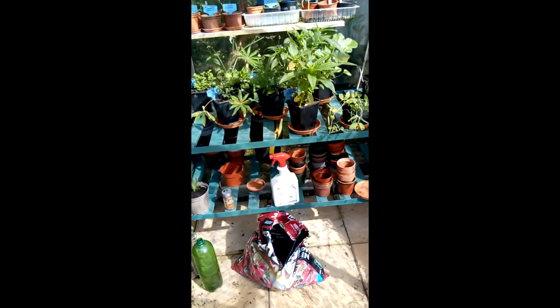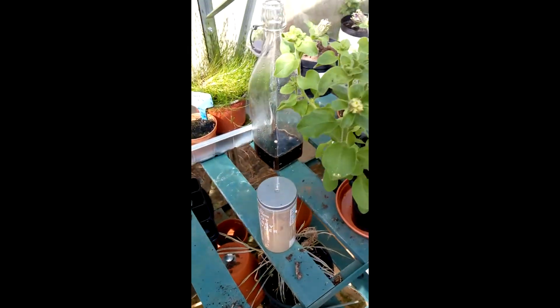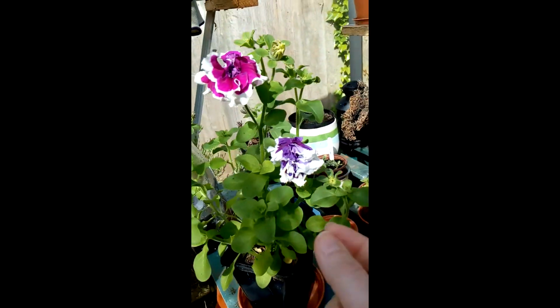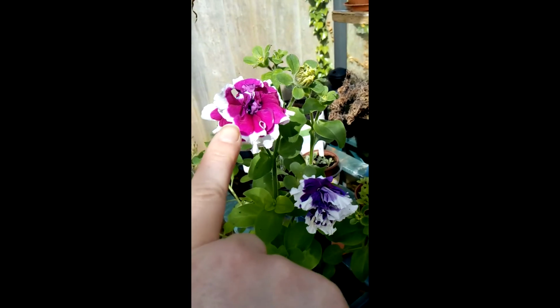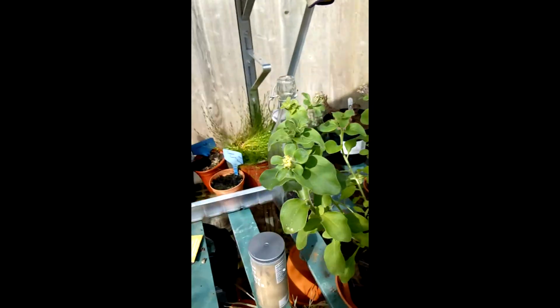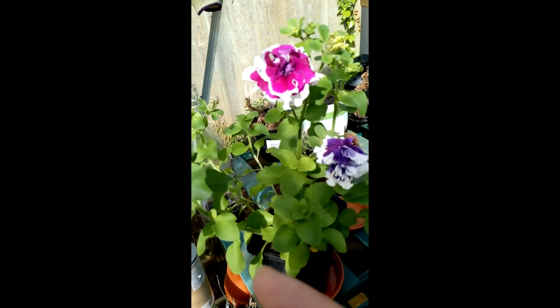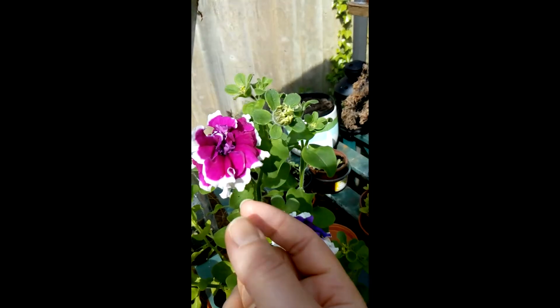Okay, so a lot has happened in a week, I have to say. So I'll quickly go through. This is my petunia, which did bloom, and the first one is already dying off. But look at the difference between colour. Oh, hello. Right, welcome in. The difference between the colour, but we've got a lot more to come through, and they'll be